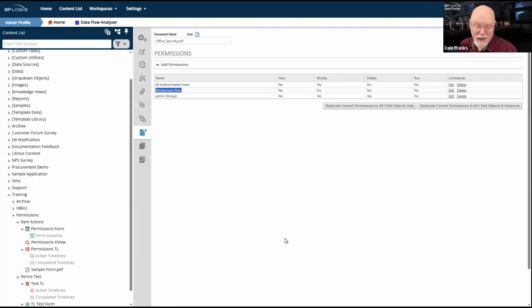In fact, I don't think I have anything anywhere. That's not true. I do have a couple of applications on here where I do take anonymous submissions from the internet. For example, the NPS survey that I mailed out to you a few weeks ago. That is an anonymous form. But other than that, and also the document feedback form.